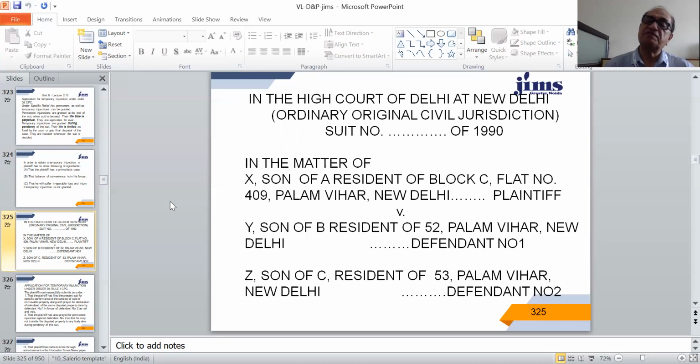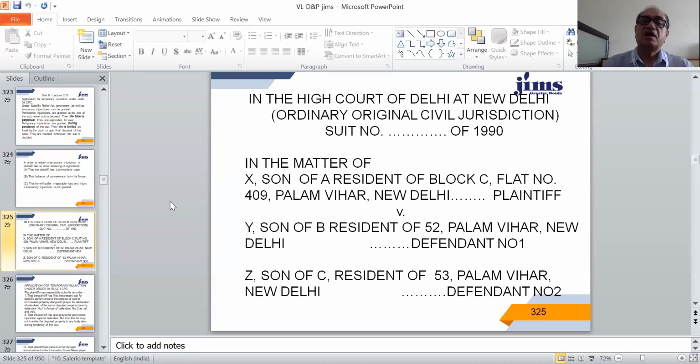This application can be filed in any court wherever the matter is pending. It may be subordinate courts, it may be the court of the district judge in first appeal, it may be the High Court in second appeal, or this temporary injunction application can be moved even in the Supreme Court. So I'm repeating the old illustration, and the name of the court is in the High Court of Delhi at